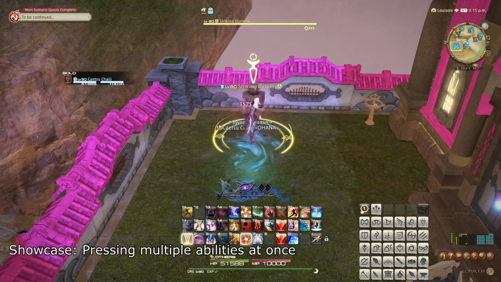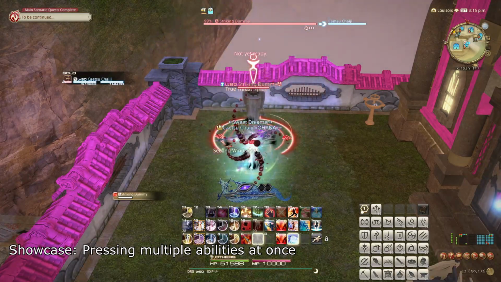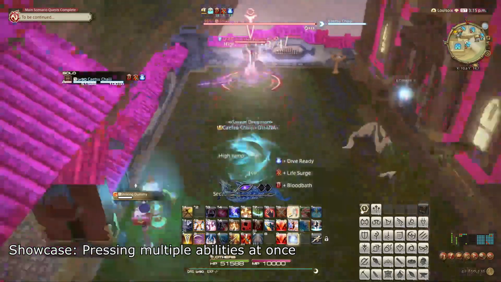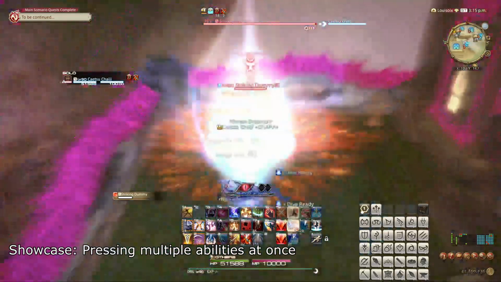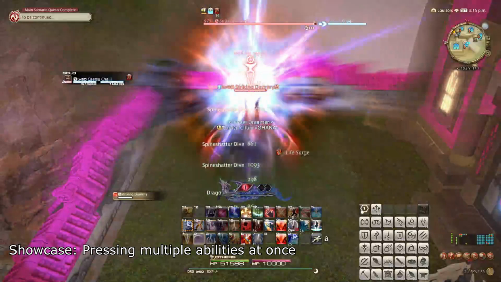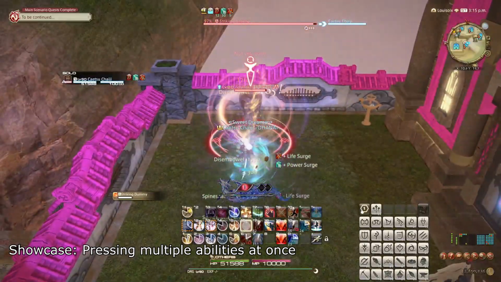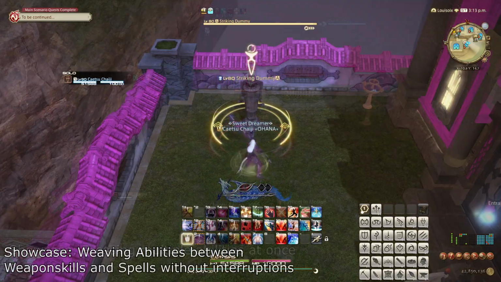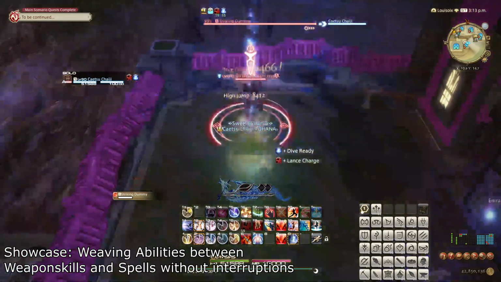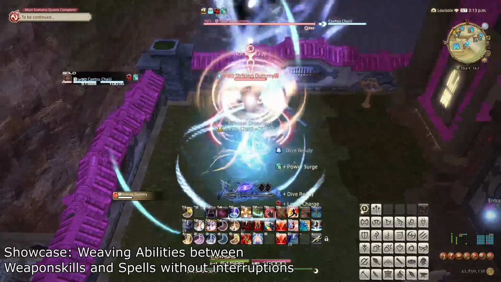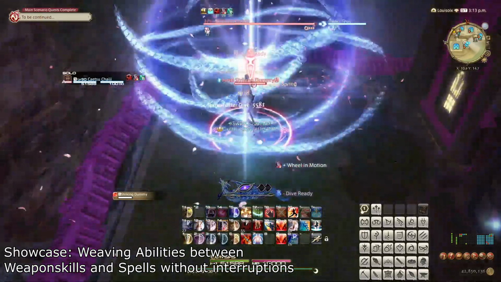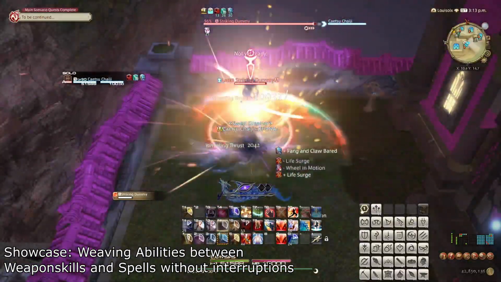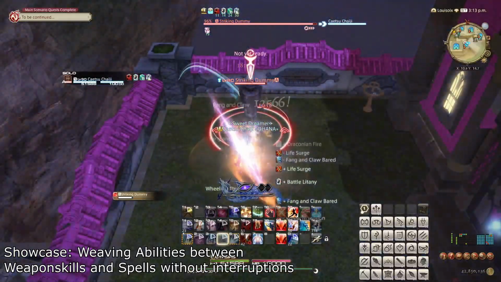You may have already noticed that if you try to use multiple abilities at the same time, or even try to use abilities at the same time as weapon skills or spells, some of the actions will not happen at all, or they will happen in some random order with a set time between each. The animation lock I mentioned briefly at the start is causing this. Every instant action incurs about half a second plus some of your latency of animation lock